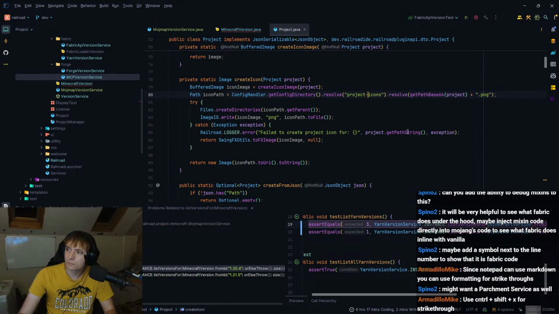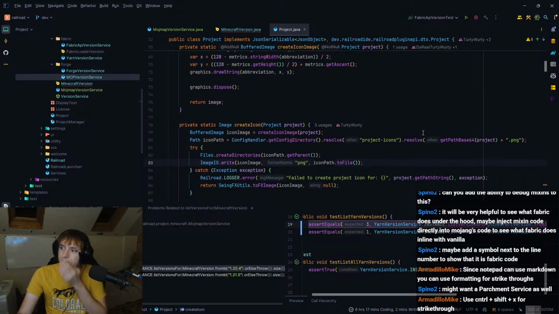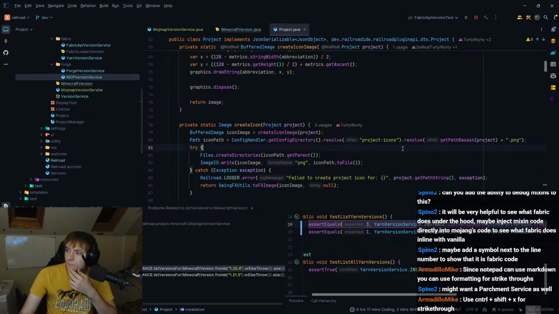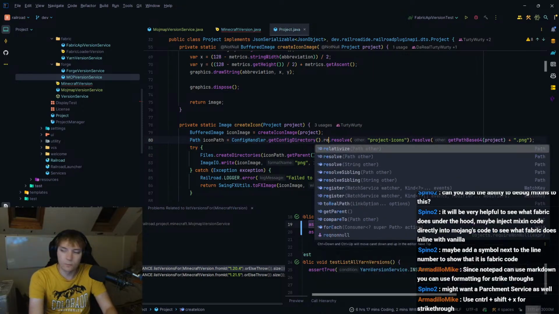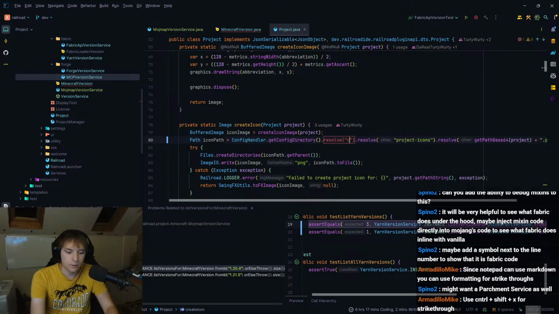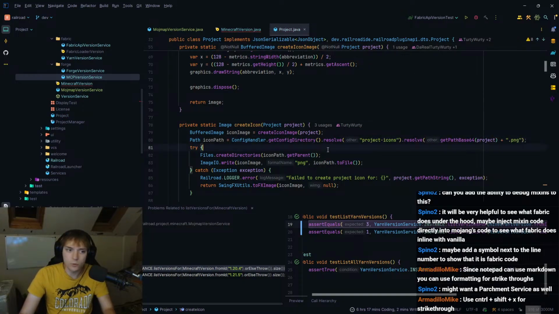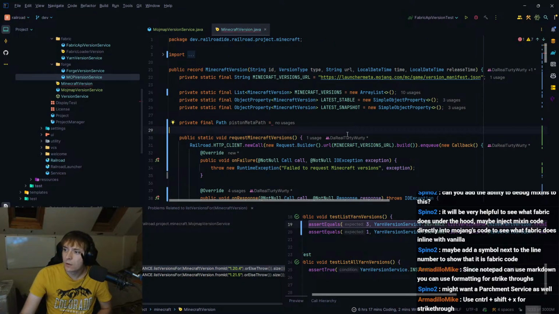Aha. I see. So I'm just using the config handler. I mean, this should really be .resolve caches or something, like a .caches folder. But I'm going to leave that for the moment. We can do that in the future. That's fine. It's literally just a cache, so it's fine.